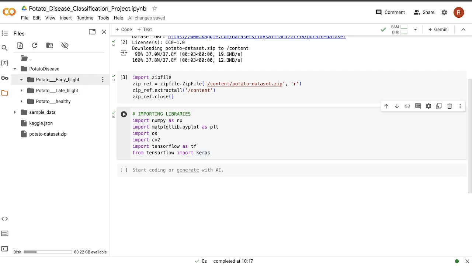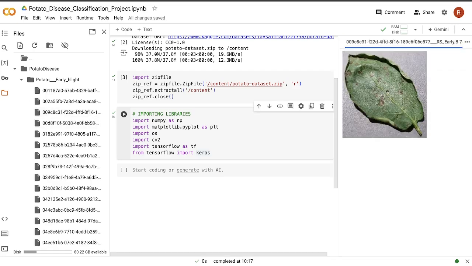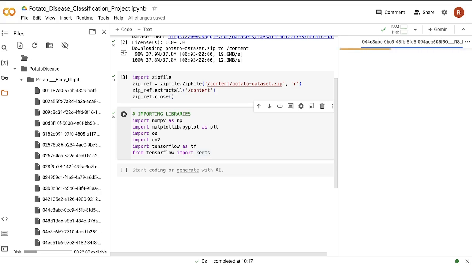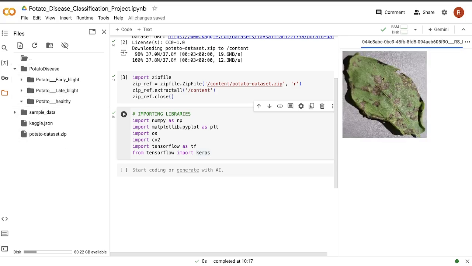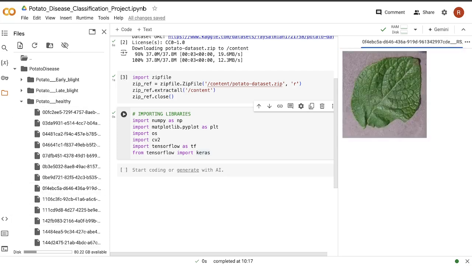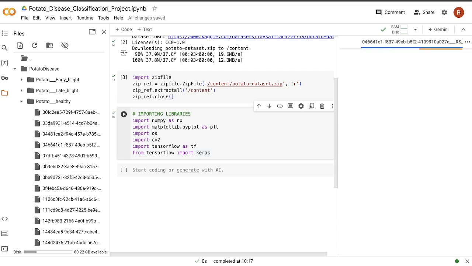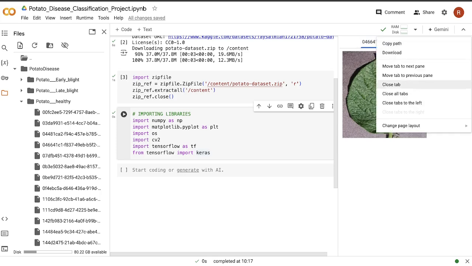As you can see, now you have all those 3 folders in the potato disease folder. So basically your early blight looks something like this. You can open that images as well in the Google Collaboratory. You can see there are some spots on the leaf. So these are a condition of early blight, as you can see this. And when you check for the healthy leaf, in that case you don't have any kind of spots on that leaf. Basically, as you can see, you don't have any black spots or any kind of spots on the leaf. The leaf is clear. So that's a healthy leaf, potato leaf basically.